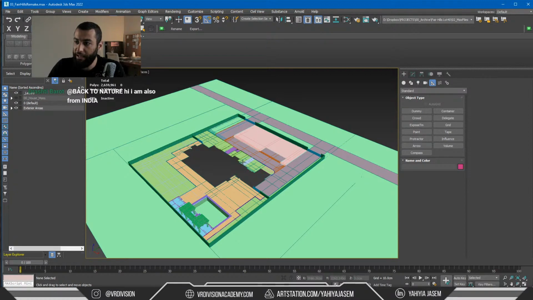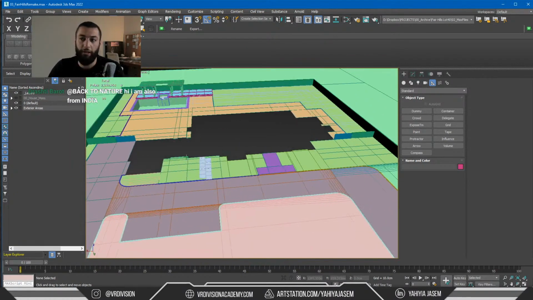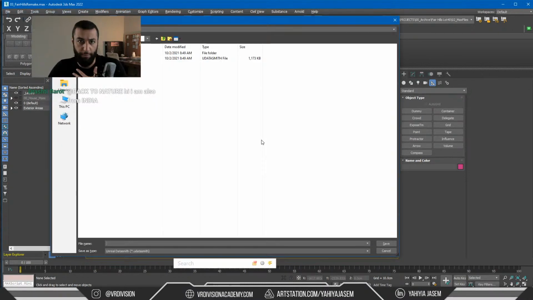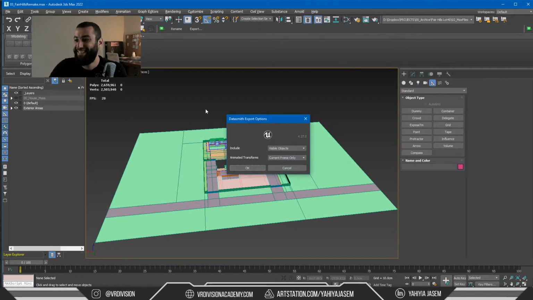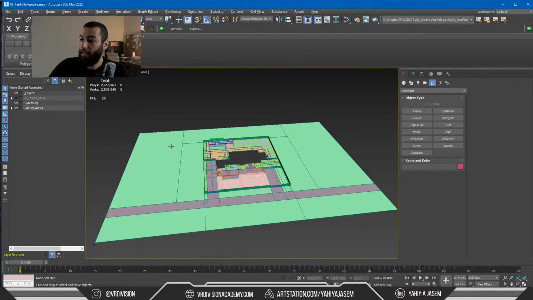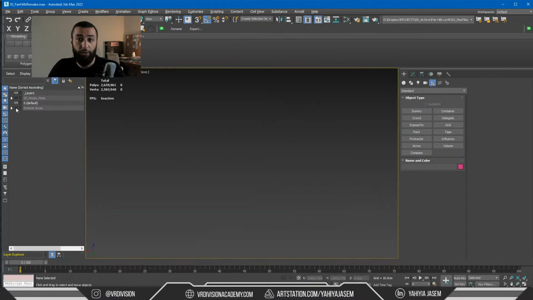So now if we hide this layer, nice, we only have the exterior. So I would press Alt E, my personal shortcut. I'm gonna call this environment. That's right, environment, hopefully yes. So let's click yes. The second thing I would like to do is to turn off the environment or exterior and